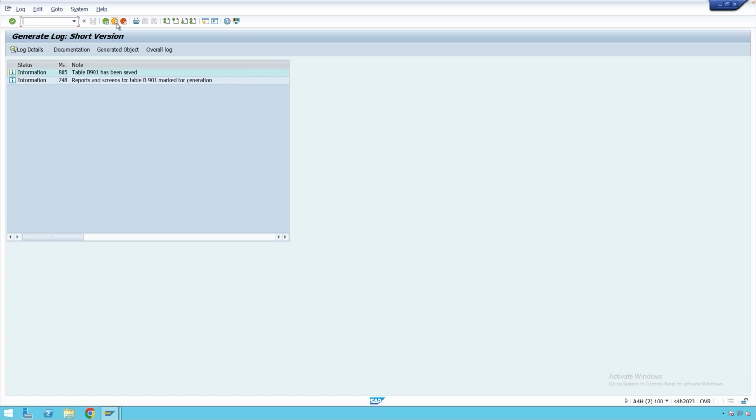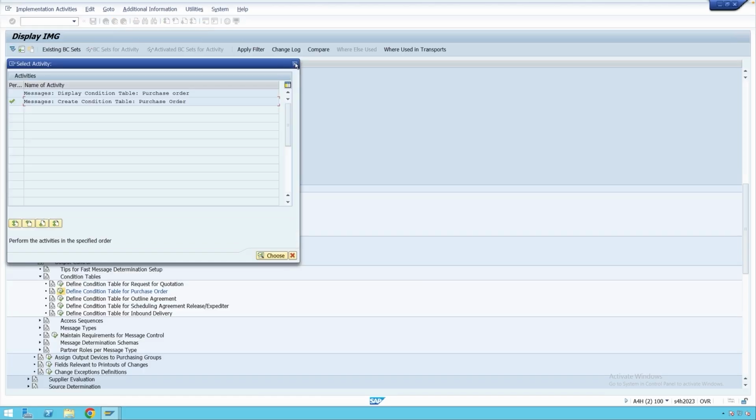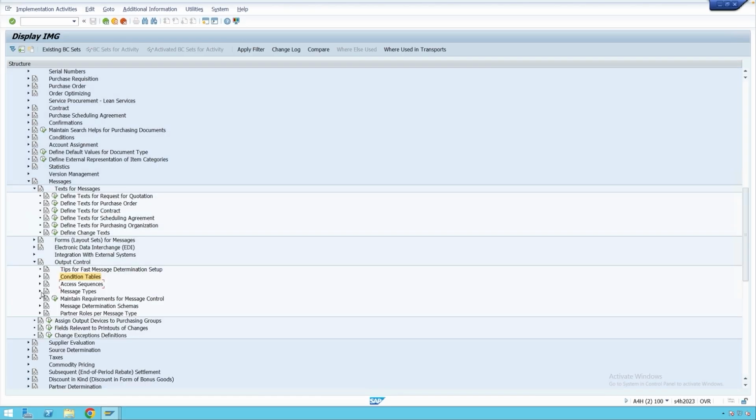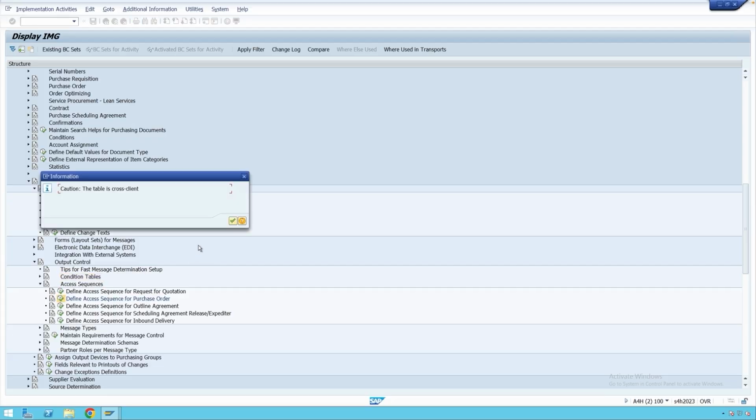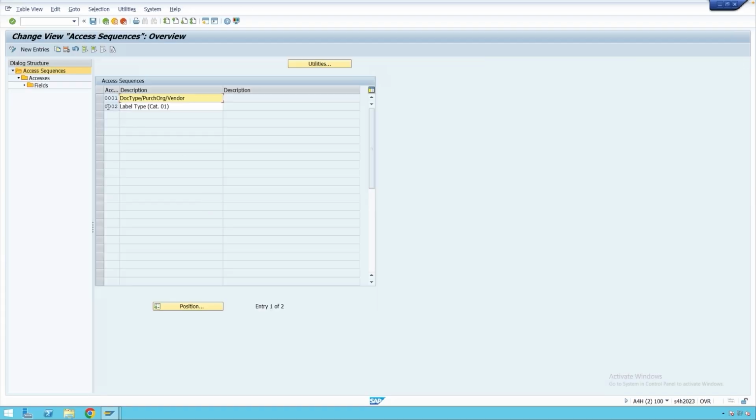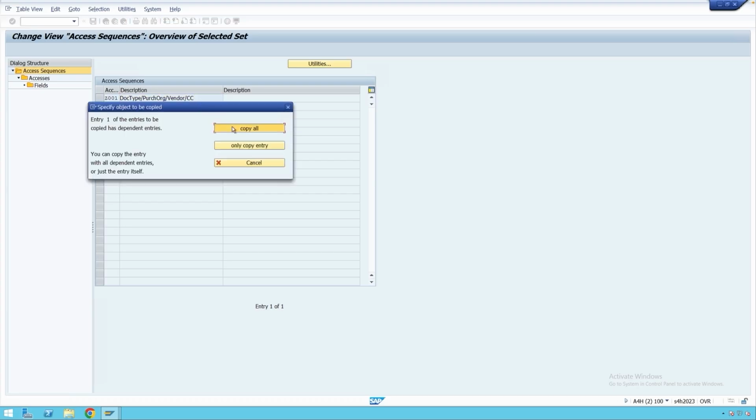Now in the next step, what we have to do is we have to create the access sequence. So we'll go to this link here and we'll click on define access sequence for purchase order. We'll select this access sequence and click on copy. We'll enter this access sequence number as Z001, and we'll add a company code in this description, and we'll press enter. We'll click on copy all,